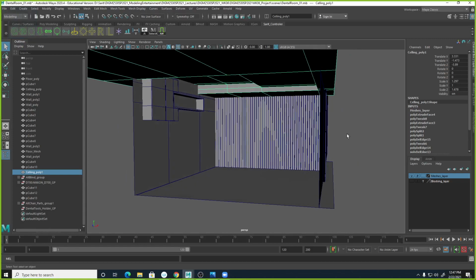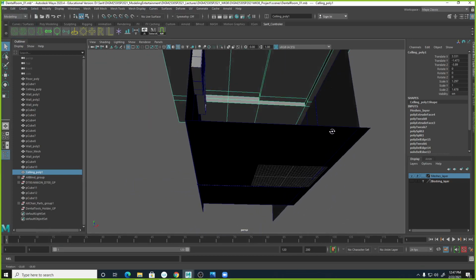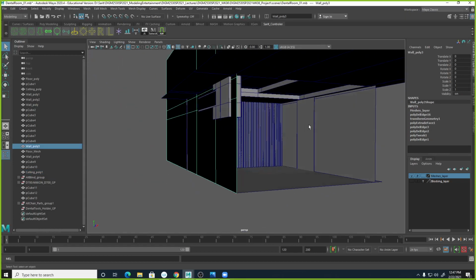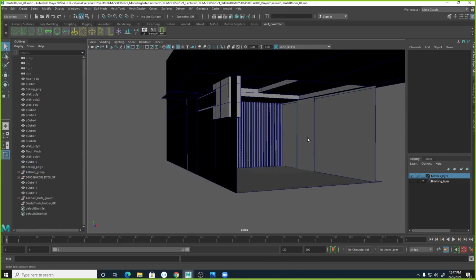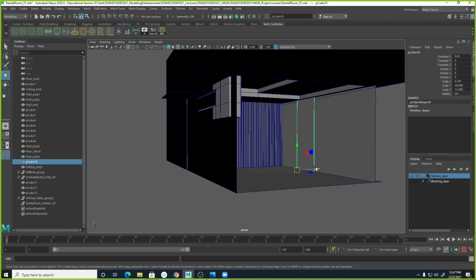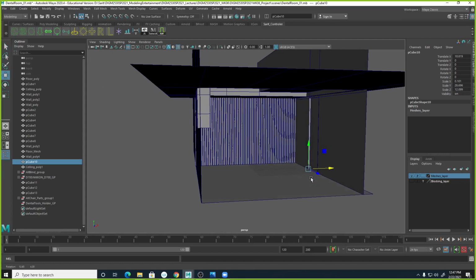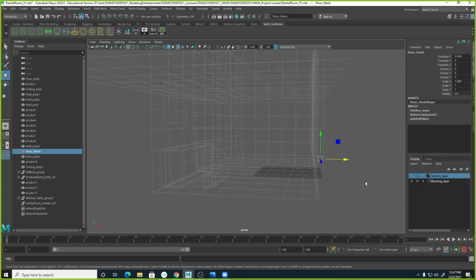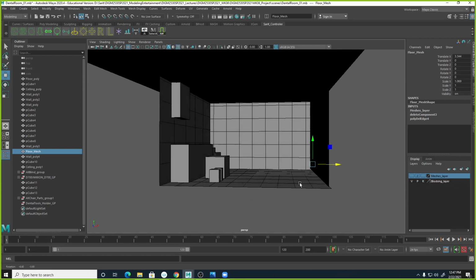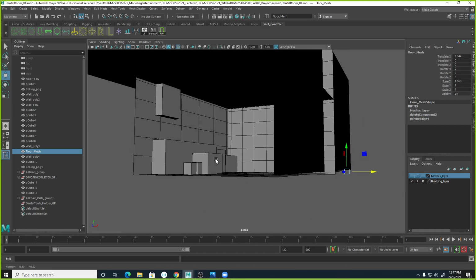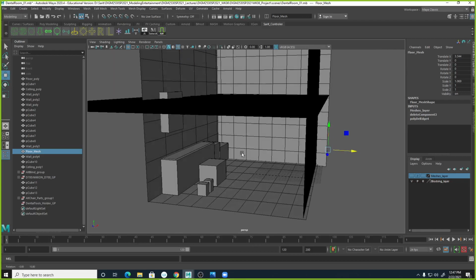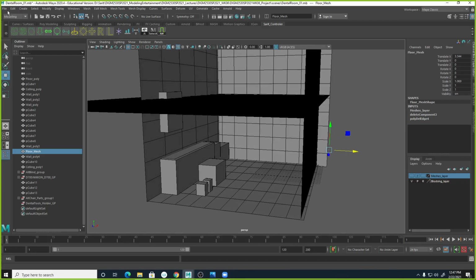Here we go. So this is what we're gonna build today. The ceiling, the wall, punch the hole for the door, and the floor. And I still have the blocking, and I add a little stuff in there. I deleted something by accident. Okay, so